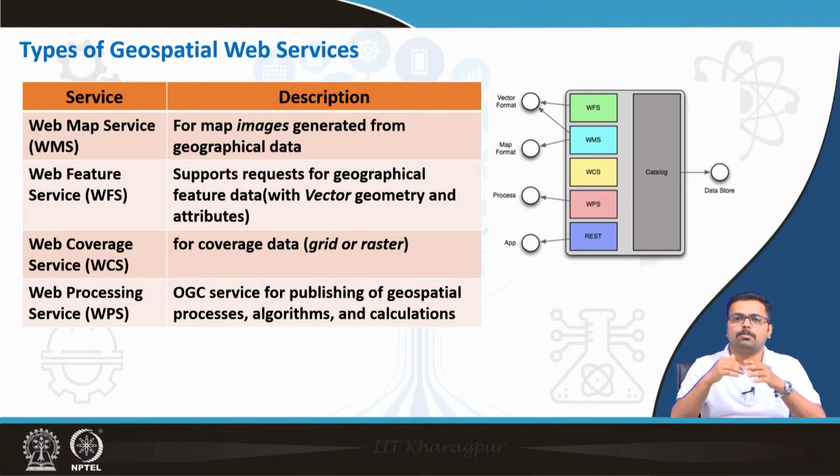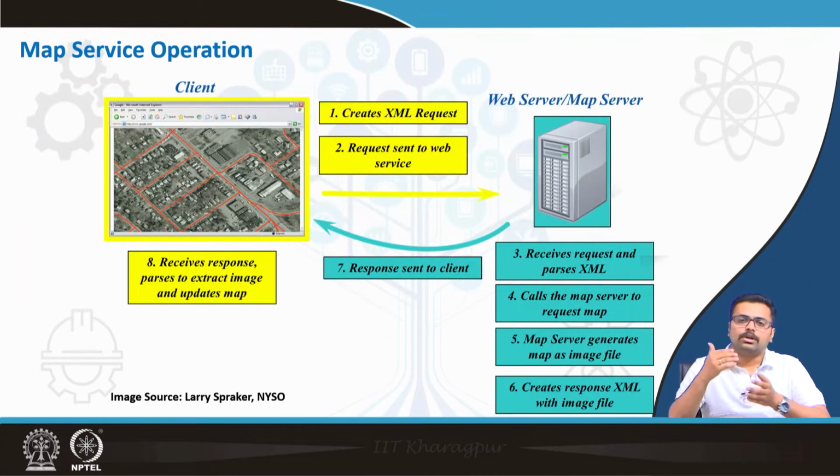And finally, if you want to process any kind of spatial applications or spatial analysis, this can be done with the help of web processing service. So here you can easily bring in the algorithms or the calculation such as raster calculator or any kind of geospatial processes. So when we look at the map and service operation,